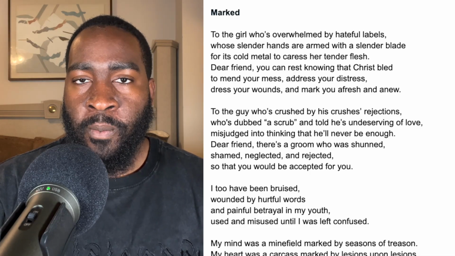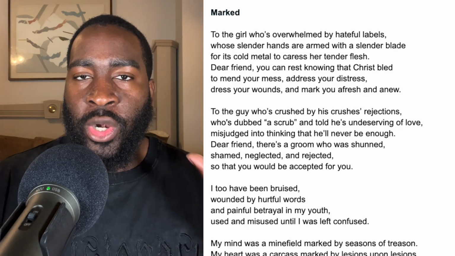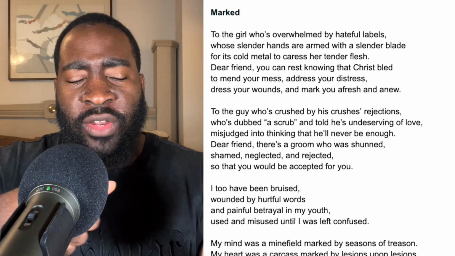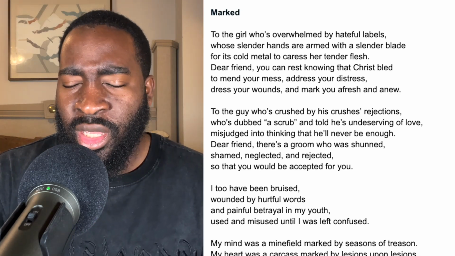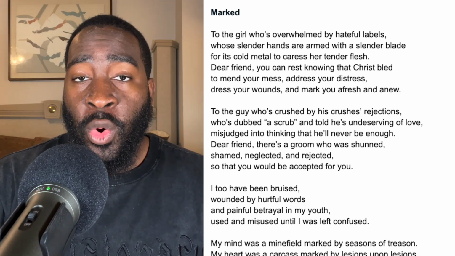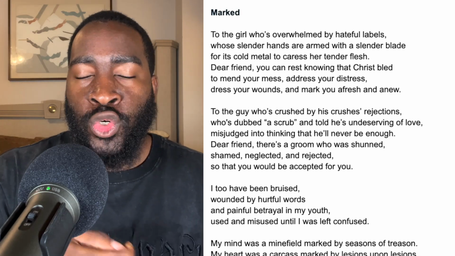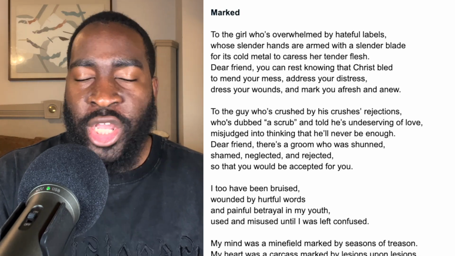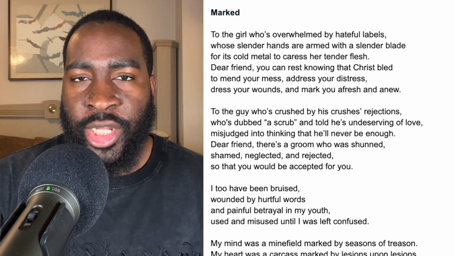To the girl who's overwhelmed by hateful labels, whose slender hands are armed with a slender blade for its cold metal to caress her tender flesh, dear friend, you can rest, knowing that Christ bled to mend your mess, address your distress, dress your wounds, and mark you afresh and anew. To the guy who's crushed by his crusher's rejections,